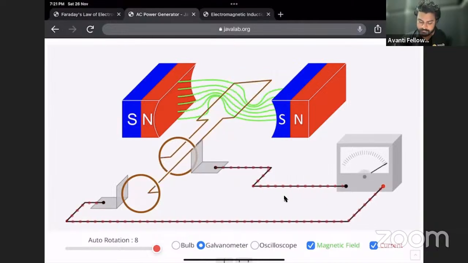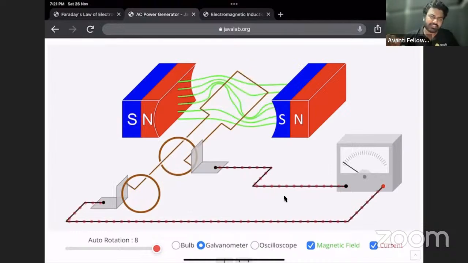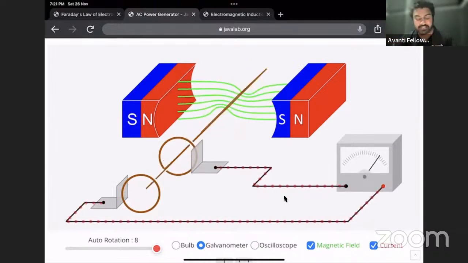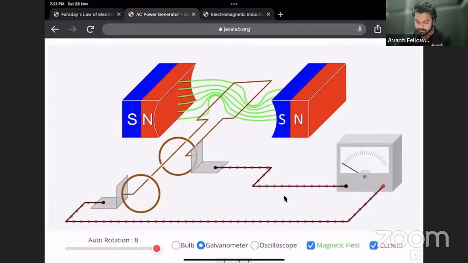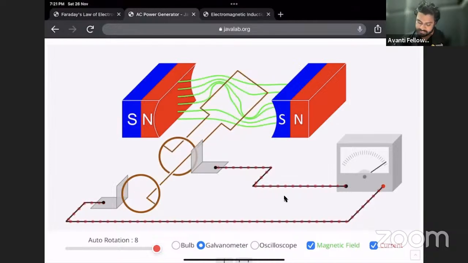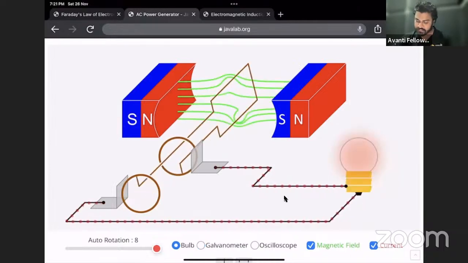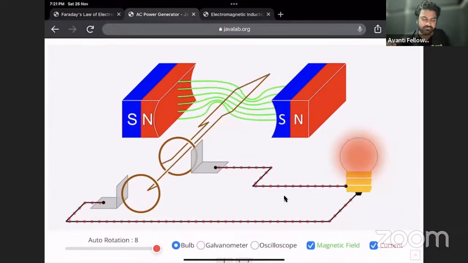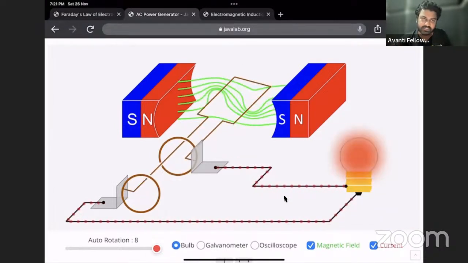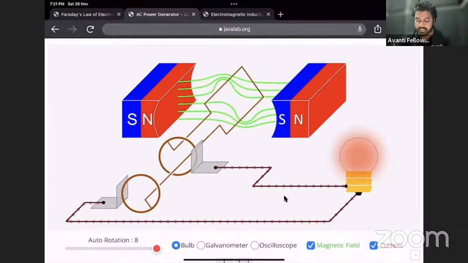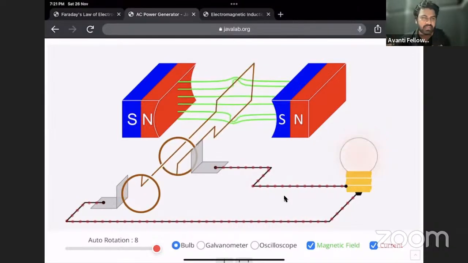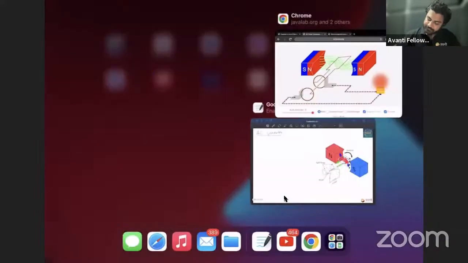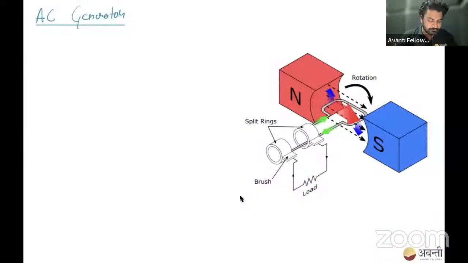Okay, so it is like some water is there, inside that water you are trying to rotate something, so a little bit of resistance is there, na? That type of resistance. In the galvanometer you can see the readings. If I put a bulb, that bulb will glow, go dark, glow, go dark. So if this speed is like 50-60 revolutions per second, then this bulb will appear like it is glowing continuously, right? Chalo. Anyways, so this is a motor, right?